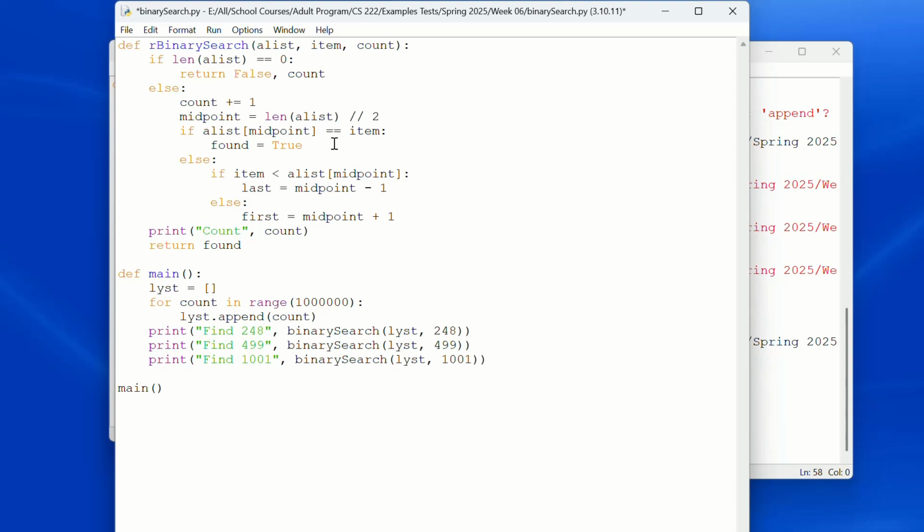If a list midpoint equals our item, then we return true and count. Else, if item is less than a list midpoint, we're going to return our binary search a list colon midpoint comma item comma count